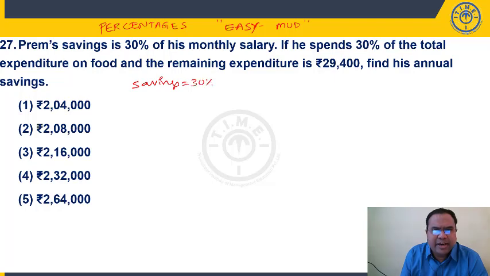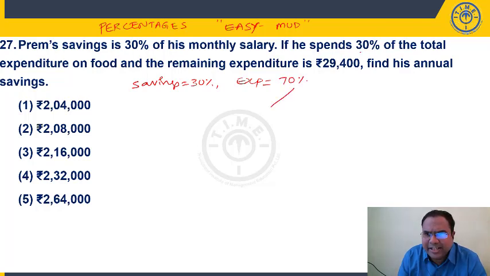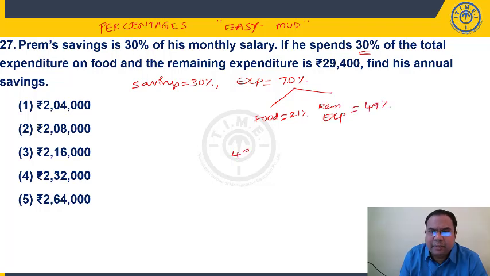So obviously his expenditure should be 70% because expenditure is income minus savings. Income is always 100%. 100 minus 30, 70%. Out of this expenditure, he is spending 30% on food. Out of 70%, 30% means 21% is spending on food. His remaining expenditure, 70 minus 21, 49%. This 49% value is given as remaining expenditure,